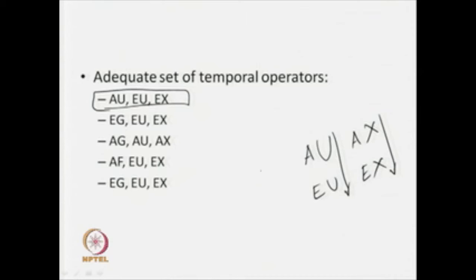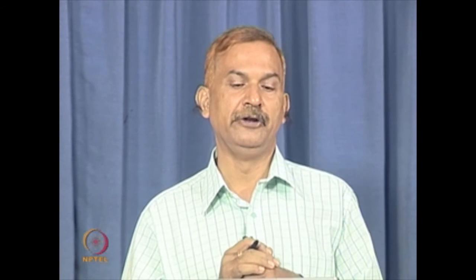Now, the other 2 operators we have are F and G, in future and globally. These are basically the existential quantifier of states along a path and the universal quantifier of states along a path. So, one can be expressed with the other. We can take any one of these 2 operators, because G can be expressed with F or F can be expressed with G. So, picking one operator from this set, picking another operator for until, and picking another operator for F and G, we can now construct several adequate sets of operators.